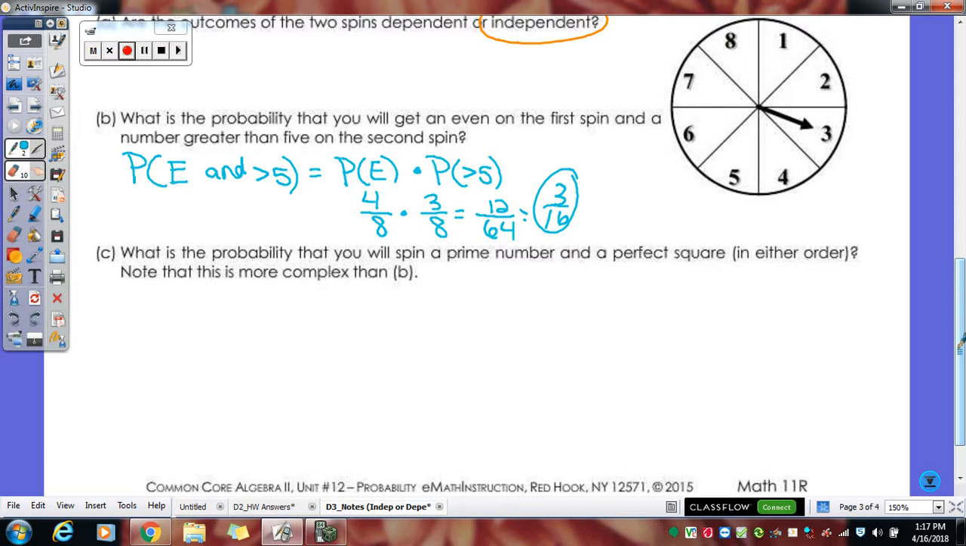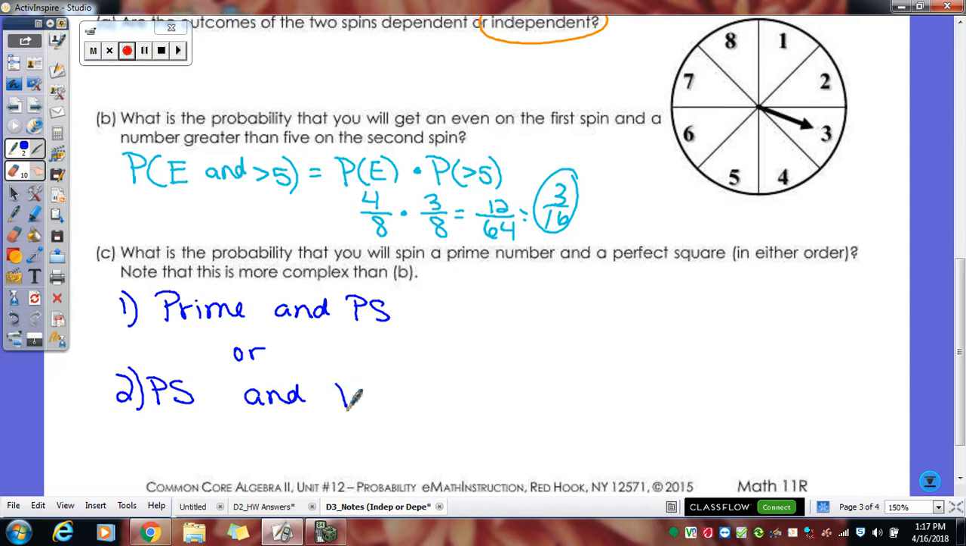All right, so what is the probability that you will spin a prime number and a perfect square in either order? Note that this is more complex than the last one. You want a prime number and a perfect square, and they said the order doesn't matter. So what you should be thinking about in your head is you could get a prime and a perfect square in that order, or a perfect square and a prime in that order. Order is important, but there are two orders we could have. So to get our probability for this first scenario, the probability of prime and perfect square,